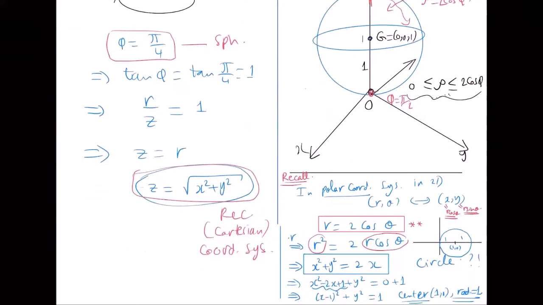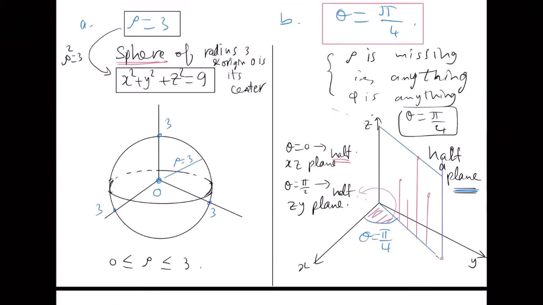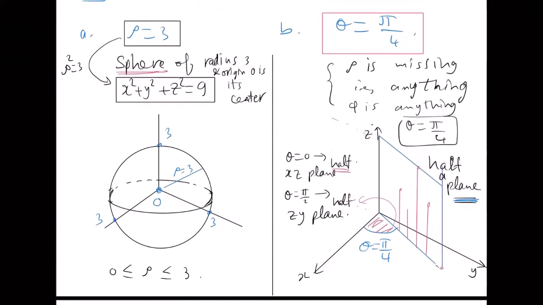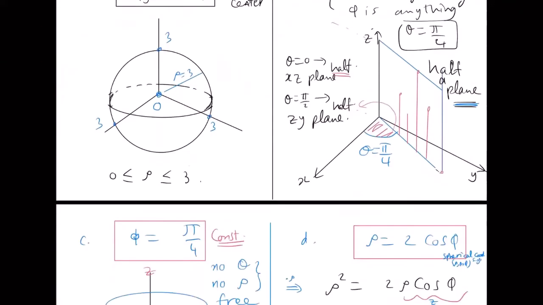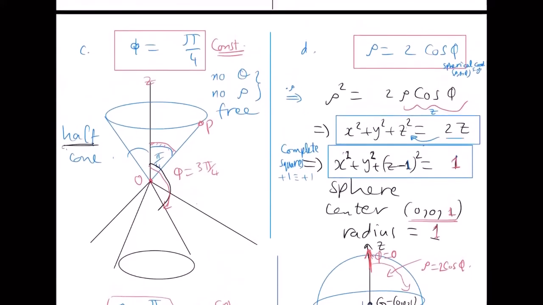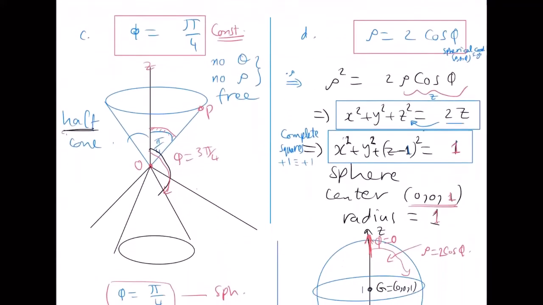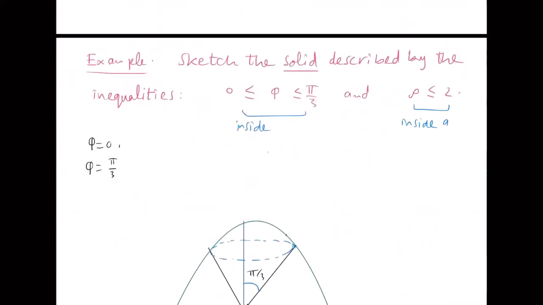We mentioned what? What else? If theta is pi over 4, so it's a half plane. If theta is constant, it's a half plane. If phi is constant, it's a half cone. If rho is constant, we get a sphere with center 0. So again,